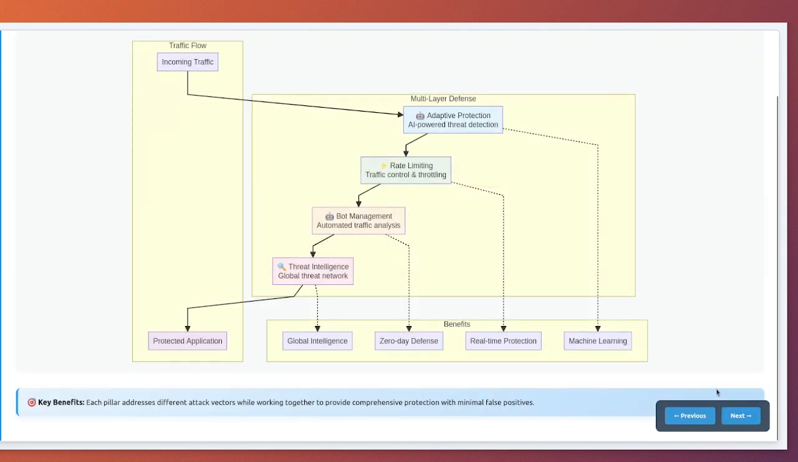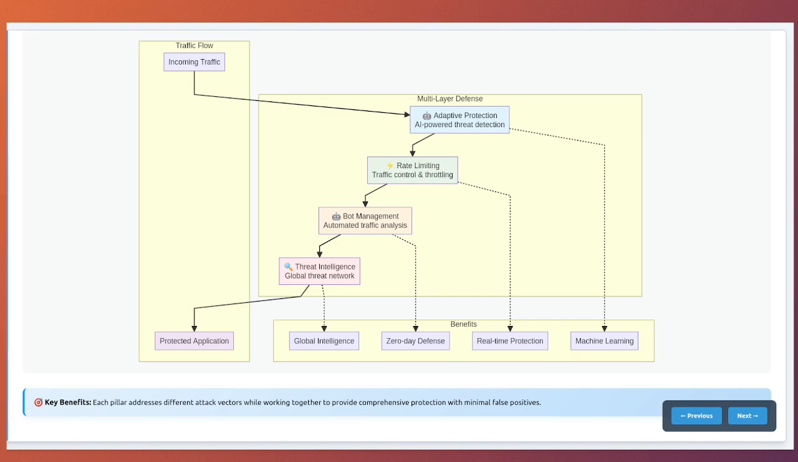The 4 pillars of advanced security. Let me walk you through what makes Cloud Armor so powerful. These 4 pillars work together like a well-orchestrated security team, each handling different aspects of threat protection. Adaptive protection is like having a security expert who learns your traffic patterns and automatically creates new rules when something suspicious happens. It uses the same machine learning technology that powers Google's other services to identify threats that traditional signature-based